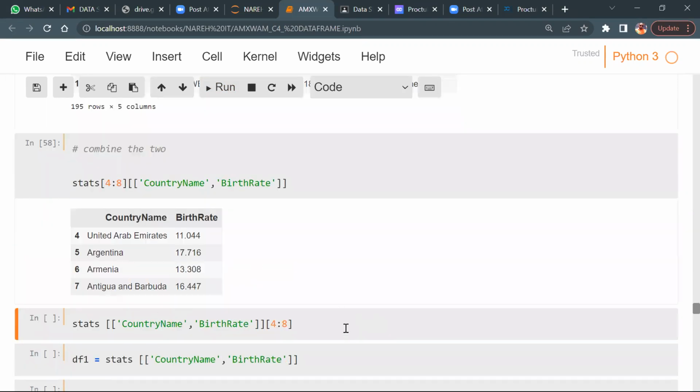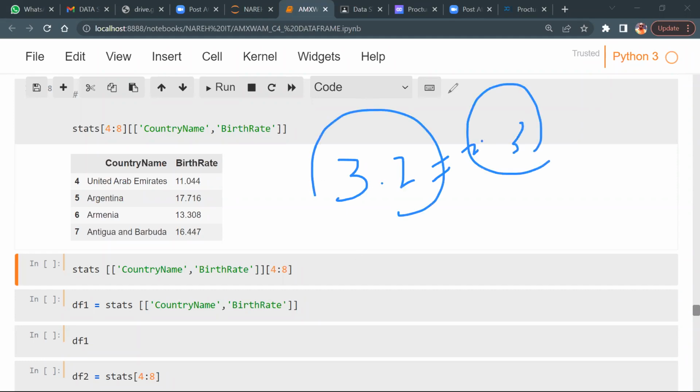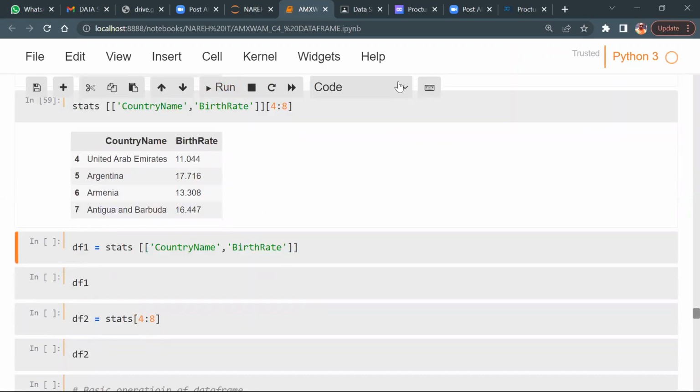Now, what about this one? What about the 59 column row? Stats is the data frame. What is the output? Same. Of course, guys, 3 into 2 equals 2 into 3. Isn't it the same? LHS equal to RHS. The same way, 4 is to 8. I mean, I just swapped it, but that's okay. Both will get the same results. Agree? Now let's run this one. Now from here, please understand very carefully.